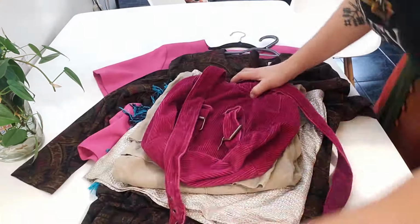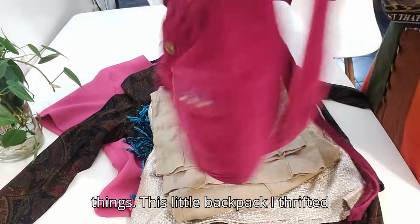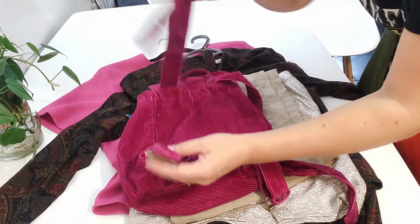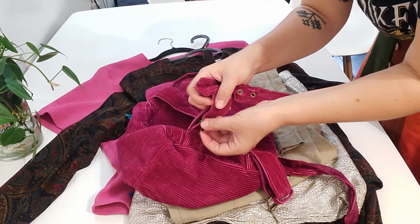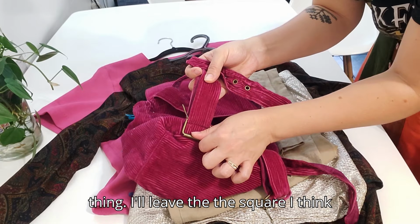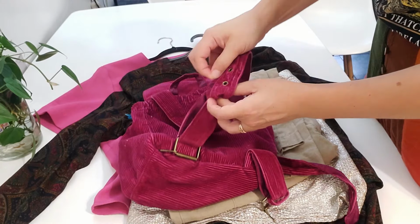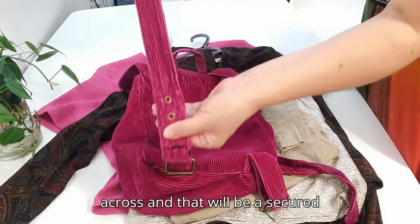Okay, so I need to do some fixing with these things. This little backpack I thrifted is my daughter's, but the clip-on button broke, and these were not holding well, so it kept untangling. So I will remove this annoying thing. I'll leave the square just in case she wants to clip some sort of dangle on it. And then I am going to simply hook this and sew across, and that will be secured, because she